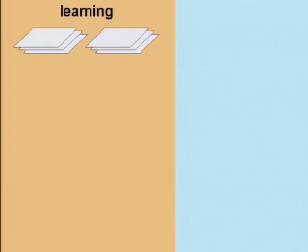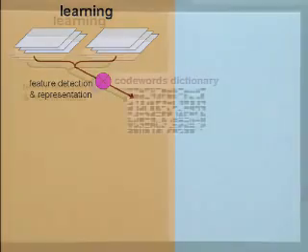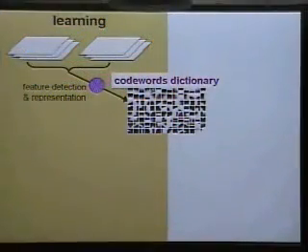So here's the overall system, and now getting to the details. In learning, all we do in terms of labeling is we know which category the scene comes from. Other than that, we don't do any manual work. So we first get features out of these scenes, and we'll form a global dictionary of patches.